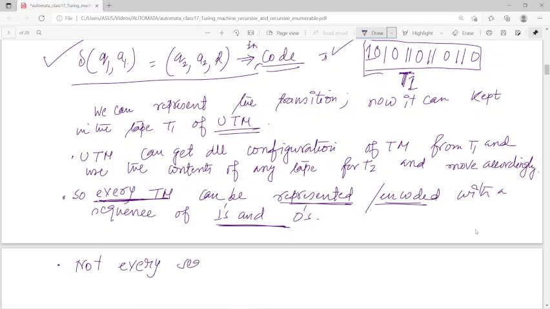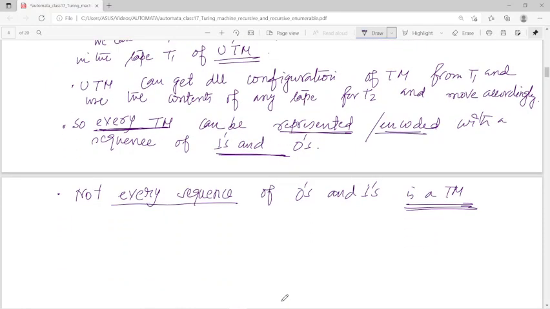every sequence of zeros and ones is a Turing machine, that is also correct, that means not every sequence, যে কোনো সিকোয়েন্স তুমি নিয়ে নিলে এবং সেই সিকোয়েন্সকে তুমি বললে that is nothing but a Turing machine, সেটা কিন্তু correct নয়, that is not correct, right? So the thing is that this is the universal Turing machine concept। আমার কনসেপ্টটাই জানার দরকার,